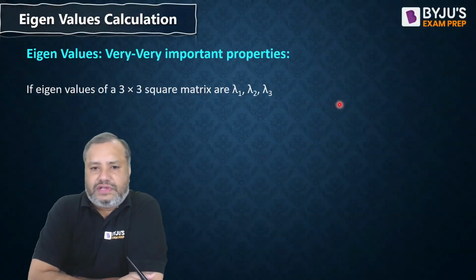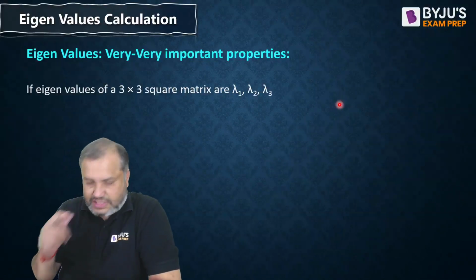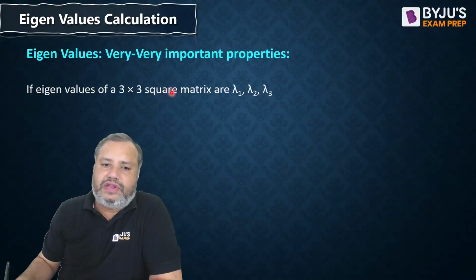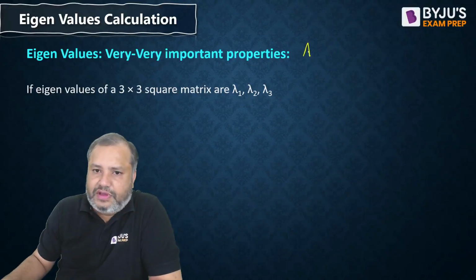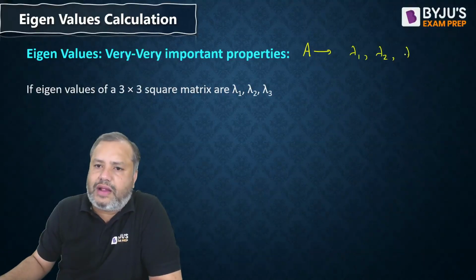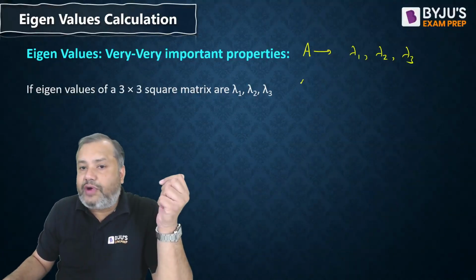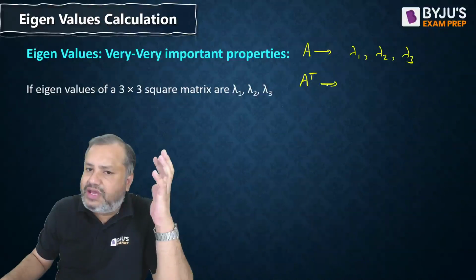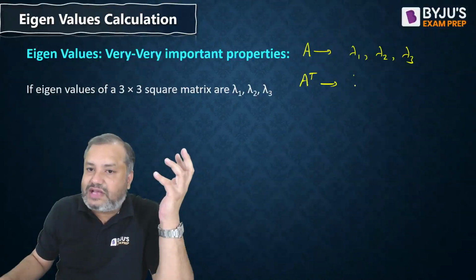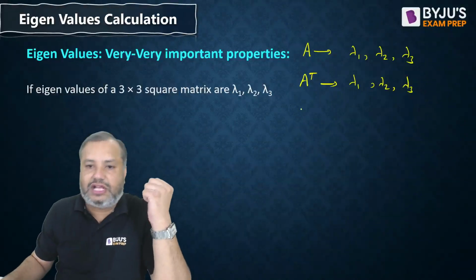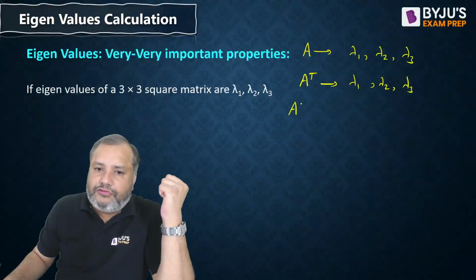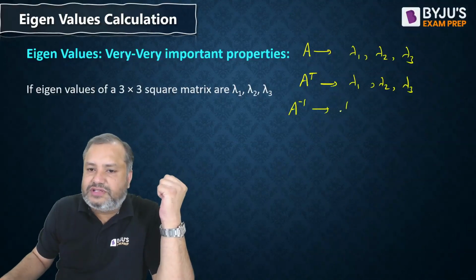Students, now comes a very important concept just ahead of you. If the eigenvalues of a 3 cross 3 matrix are lambda 1, lambda 2, lambda 3, I am just writing like this. Say a matrix A is having eigenvalues lambda 1, lambda 2 and lambda 3. Now, if you are willing to find the eigenvalues of A transpose, believe me, eigenvalues of A transpose are the same as that of A. So lambda 1, lambda 2, lambda 3 will be the eigenvalues of A transpose as well. For A inverse, eigenvalues will be simply the reciprocals of these eigenvalues. Wow,